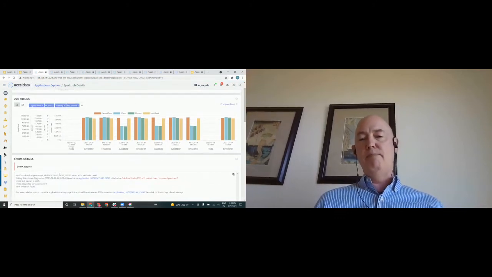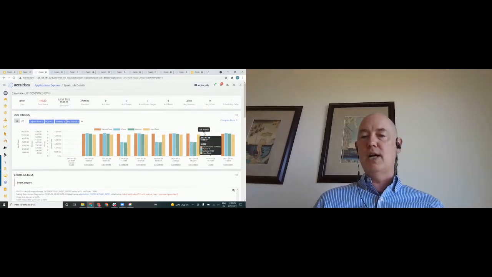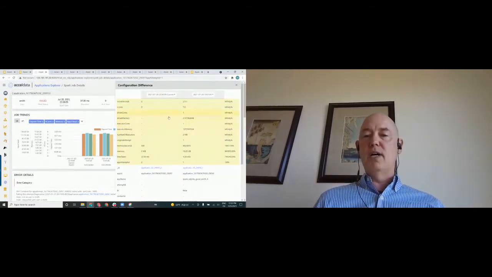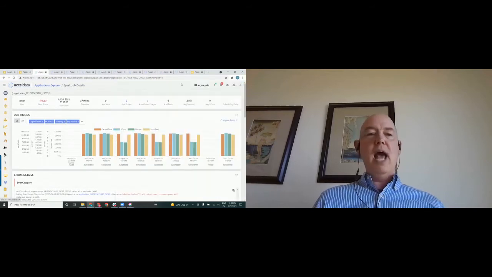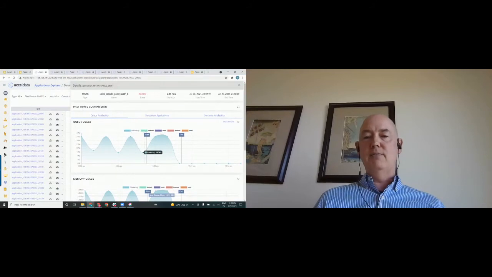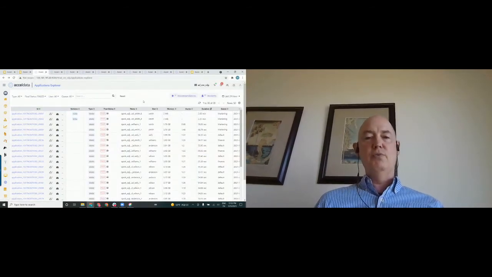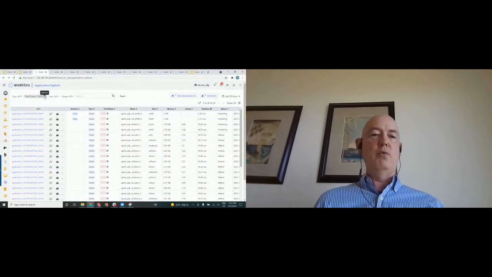But really, to get better insight, I want to look at the history to see when has this failed before, or what is the resource consumption over time. I might want to compare different runs to see what the difference is between them. And I may want to look at this in terms of the context of the overall environment. So here I can go in and look and see from various perspectives how the resources are being allocated, and is there contention or strain in the overall system that could be affecting this particular job. So these are just a few examples of insights to get to root cause that are challenging for many organizations.